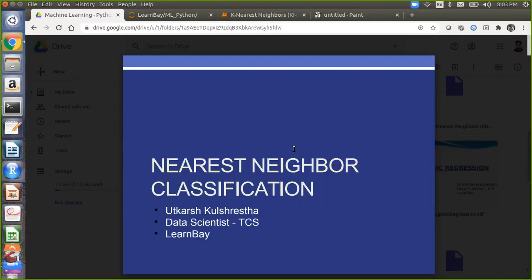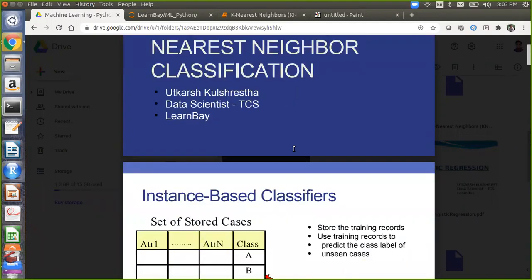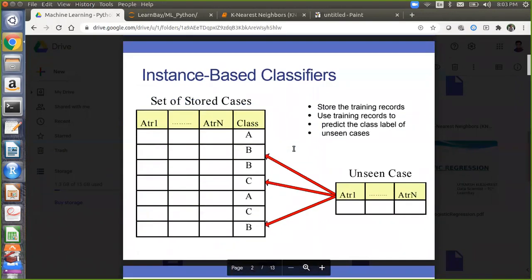Next day. So, a very easy algorithm, and again based on some of the few past concepts which we have used. It is a classification algorithm, and it is a supervised classification. So, a few of the discussions: instance based classifiers. So what are instance based classifiers?